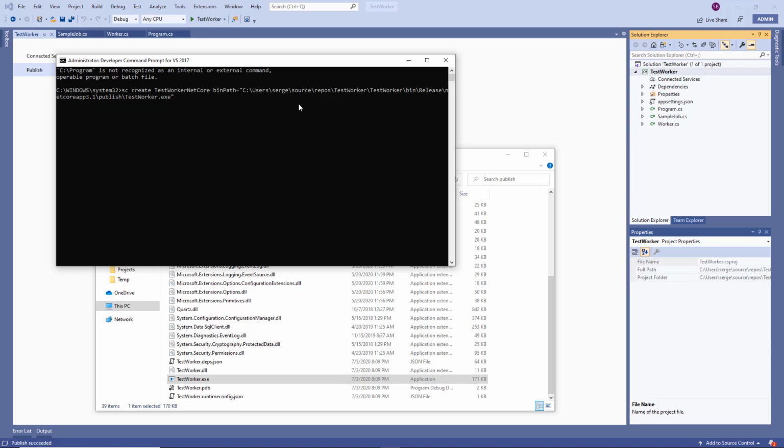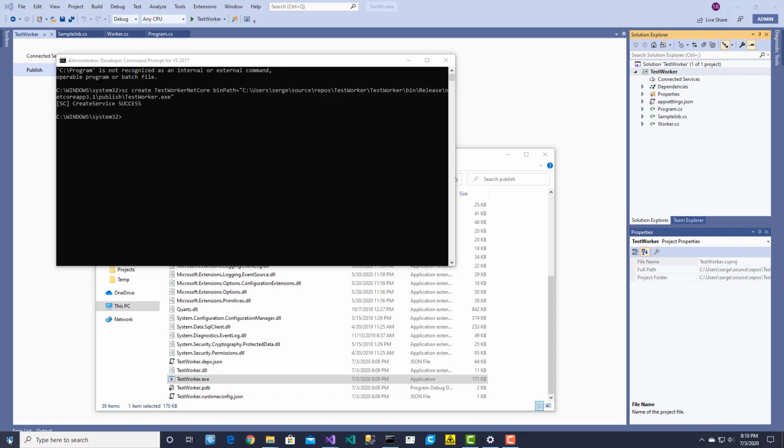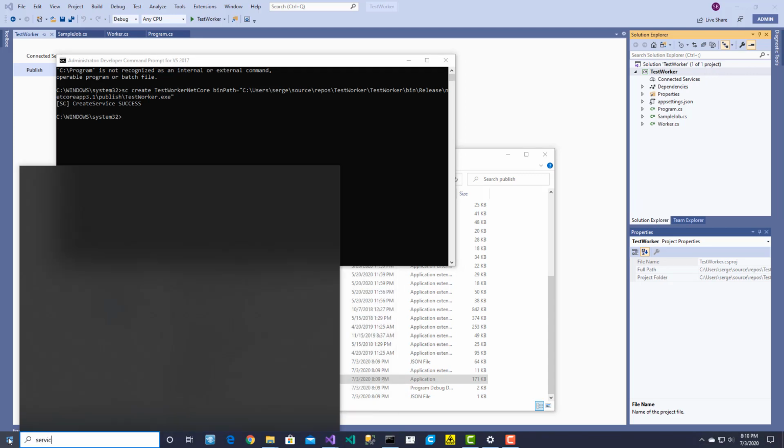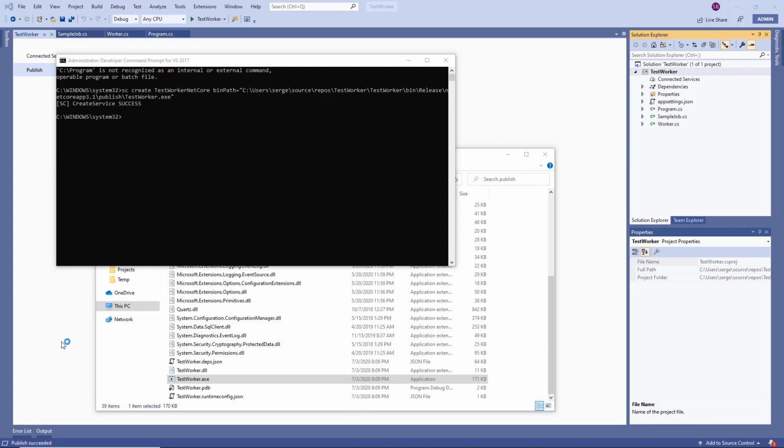SC create will create a Windows service. So hit enter. It echoes the create success. The name of the service is going to be testworker.net core. Now let's open up Services in Windows and see if we see our service. To do that, we're going to do start, type services, open that up,